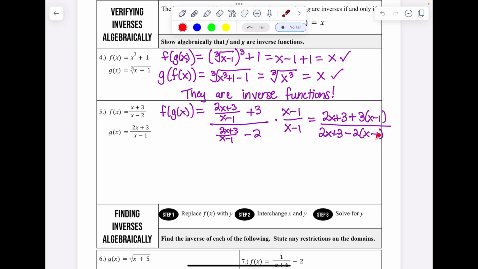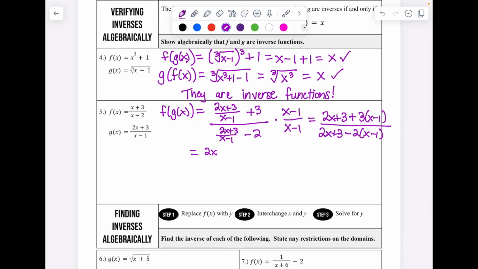And I know it's enticing to see these and think, oh, can I just divide those out? But we cannot, because they are part of a sum or part of a difference. You can only divide out things that are part of a product. So because here I was multiplying this by this fraction, then I can divide out. Division undoes multiplication. Division is never the opposite of adding or subtracting. So I have to just simplify